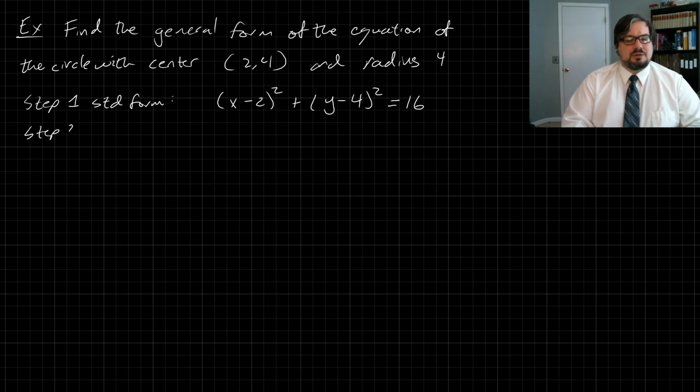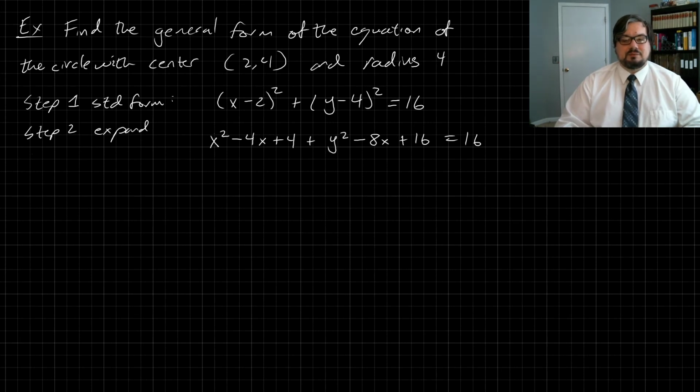And then step 2 is to expand. Step 3 will be to gather everything together on the left and simplify. So step 2, we expand everything. So (x − 2)² becomes x² − 4x + 4, plus y² − 8y + 16